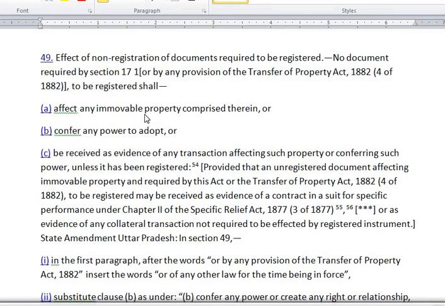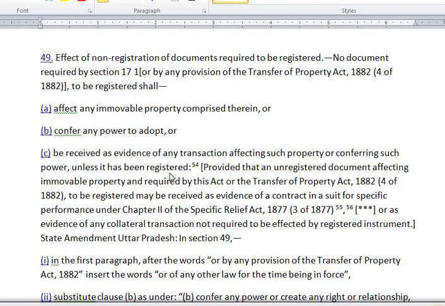And the most important thing we are concerned with right now is this clause: no document required by section 17 etc. to be registered shall be received as evidence of any transaction affecting such property or conferring such power unless it has been registered. Now what they are saying is that if a document had to be registered and you have not got that document registered, then that document is not allowed in evidence to prove that transaction. If any transaction is required to be registered and you documented that transaction but have not registered that document,